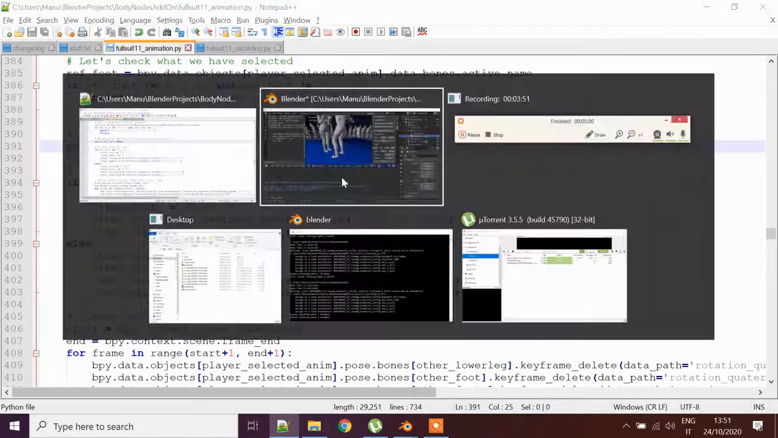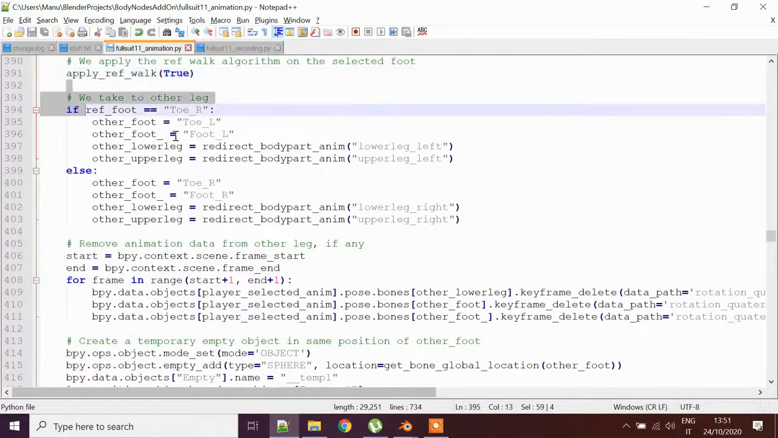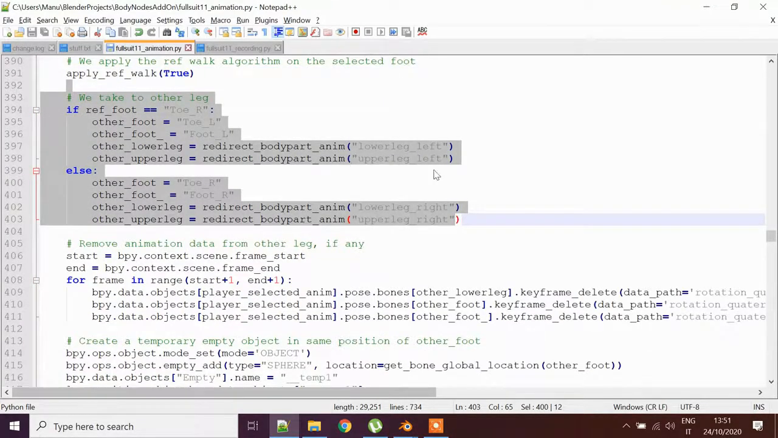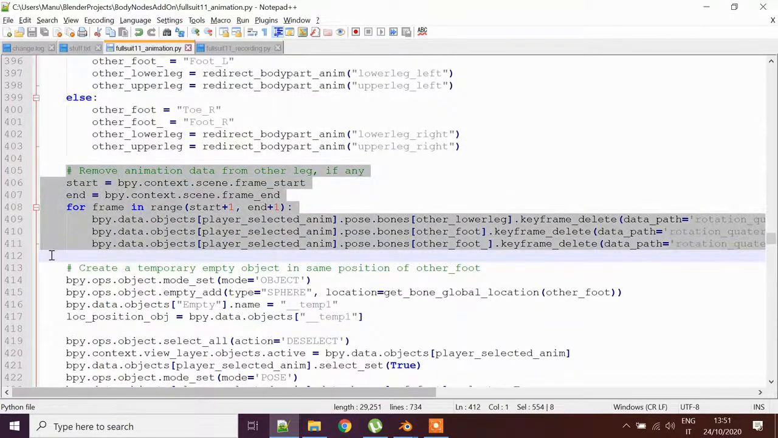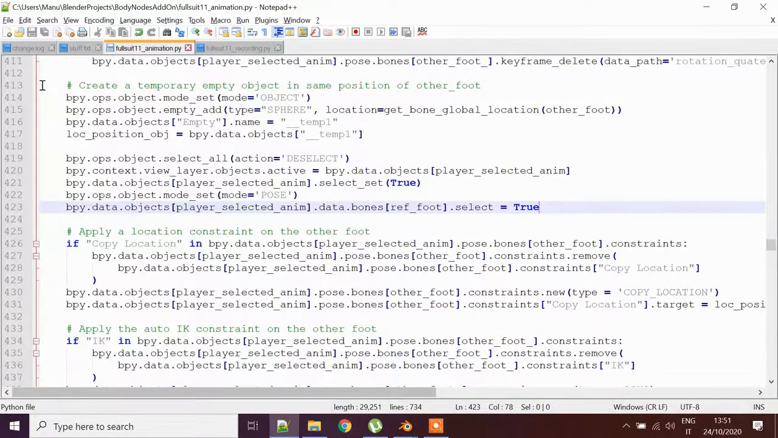We just apply it, and what happens is that the right foot is fine because it will stick there, but the hip will move around. We have a problem on the left foot, so let's work on that. We get all the reference parts, we remove all animation data that we don't need. We constrain the foot